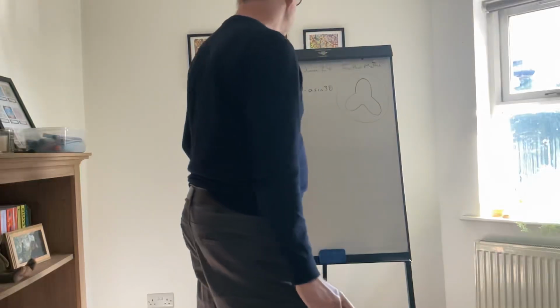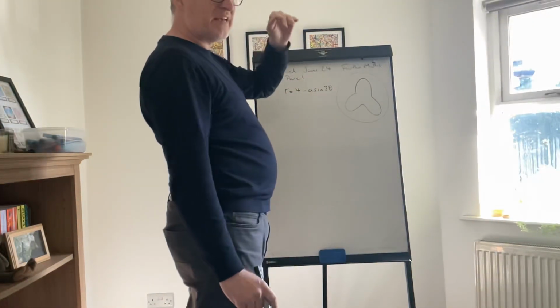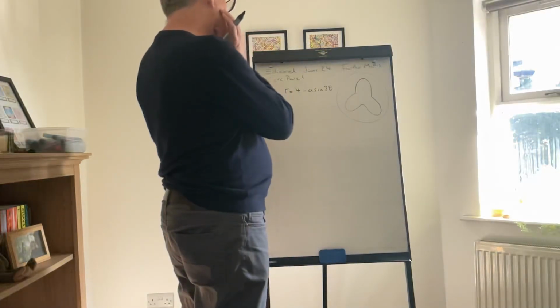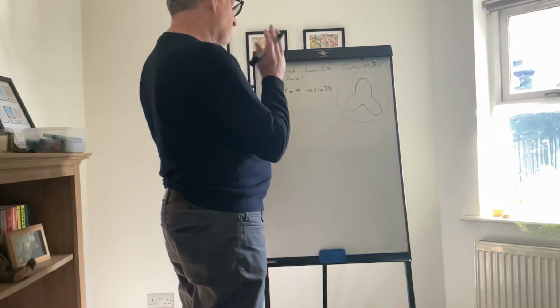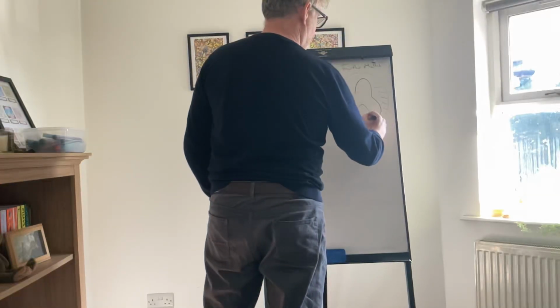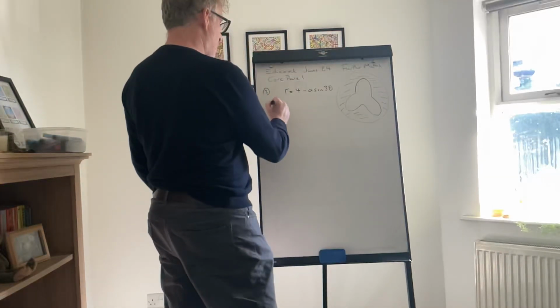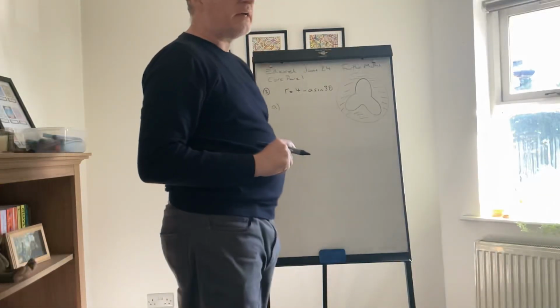So this is Edexcel June 24 for the Maths Core Pure 1 paper. Question 3. It's a polar coordinates question, and eventually we're going to be finding this area around here, I think, is what they're ending up with. But there's a little part A, and the little part A tells us